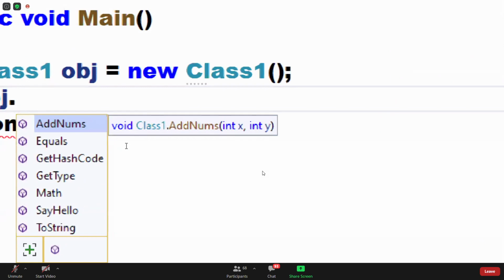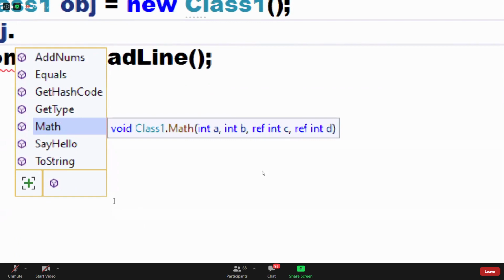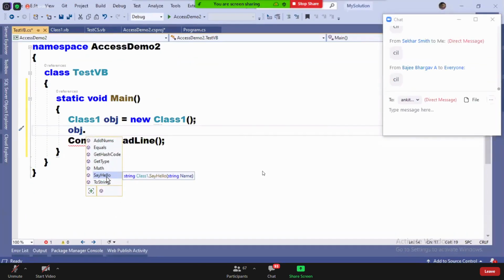It is showing the signature in C#. See the Math method. See the SayHello method. Are you guys clear? To consume VB code in C#, I don't require to know VB at all. Why? VB code will automatically translate to C# here.